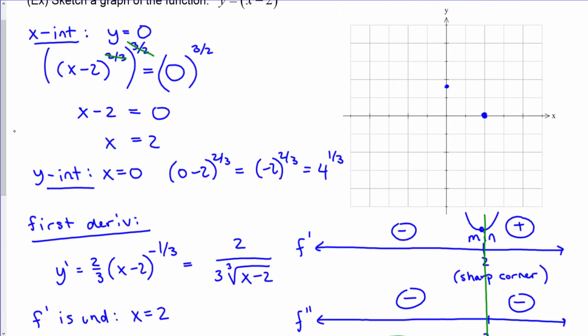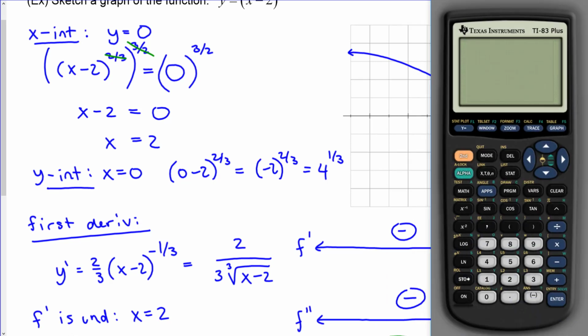So that is a 0 of the function. I'm decreasing and concave down to this point. Then I turn and I'm increasing and concave down over here on this interval. So my graph is going to look something like this right here. And if you try this on the calculator, you should be able to verify. So let's take a quick look and see what happens. If I put (x minus 2) raised to the 2/3 power and graph, there's the other part, just like we expected. All right,